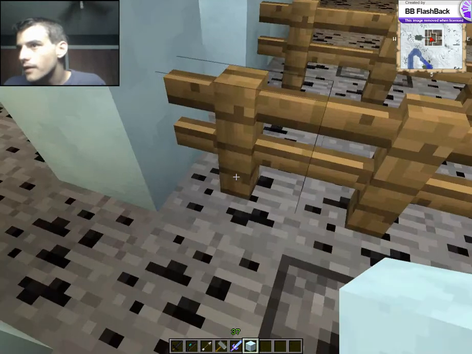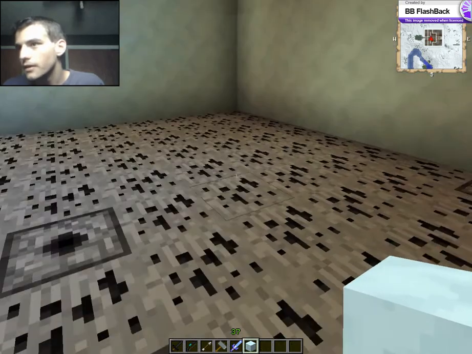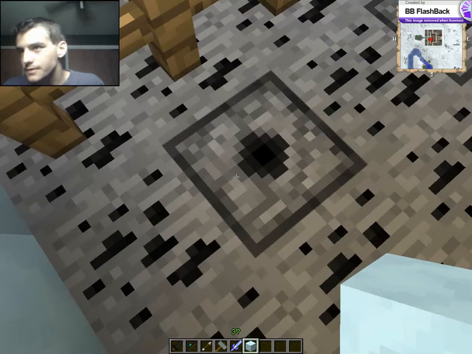And then we'd come through here. Actually, you'd go through the door. I'm just cheating because I made this. And you'd see that there's...